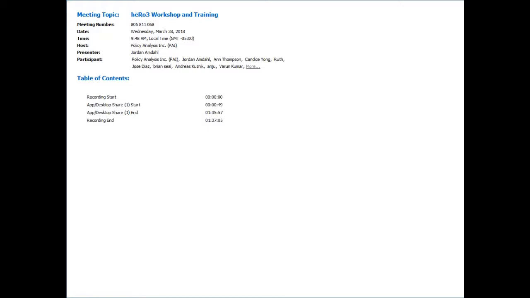Jordan showed it earlier, the export to JSON functionality with those little up-down arrows at the bottom of the left-hand toolbar. Just export it to JSON and email it to the address that Jordan provided, and we usually are able to get on it pretty quickly. Most of the problems are not bugs with the platform, but just a result of mistakes that people make in setting models up because the paradigm is new. So we're more than happy to help, and find that people get up to speed fairly quickly because of the structure and formalism of heRo3. So we're more than happy to help out here.